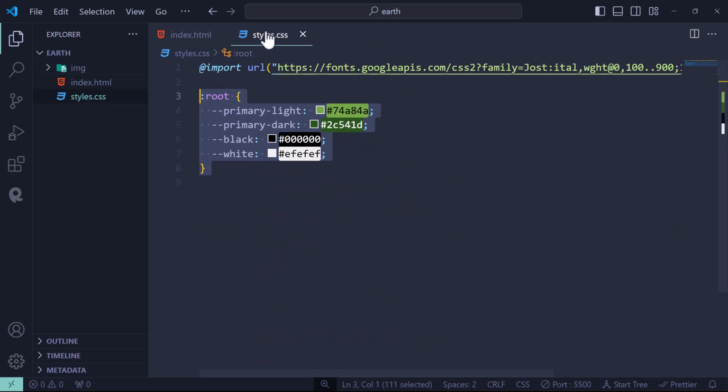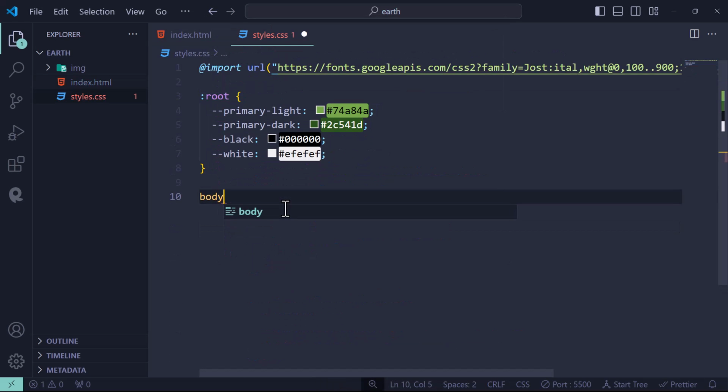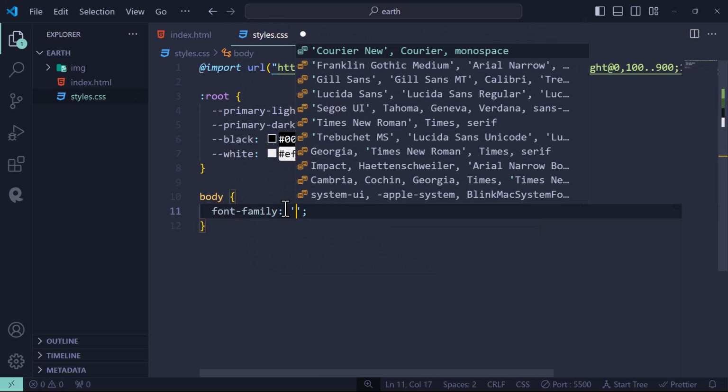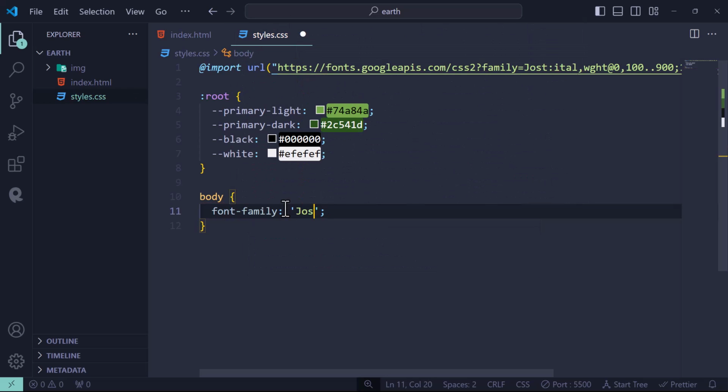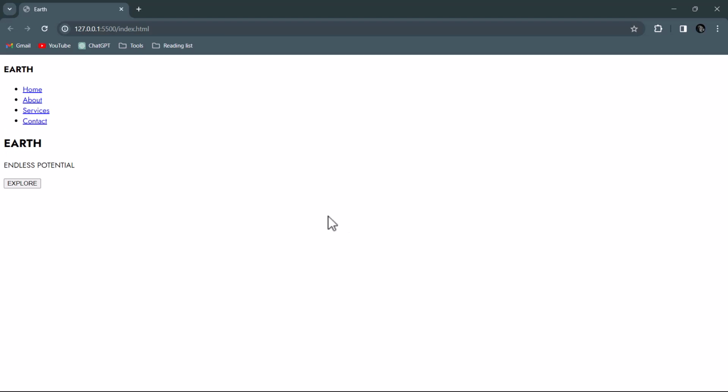Open your CSS file. So for the body, let's make font family to Yoast, and as a fallback, sans serif. As you can see, this font is applied, and by default you can see every HTML element has a default